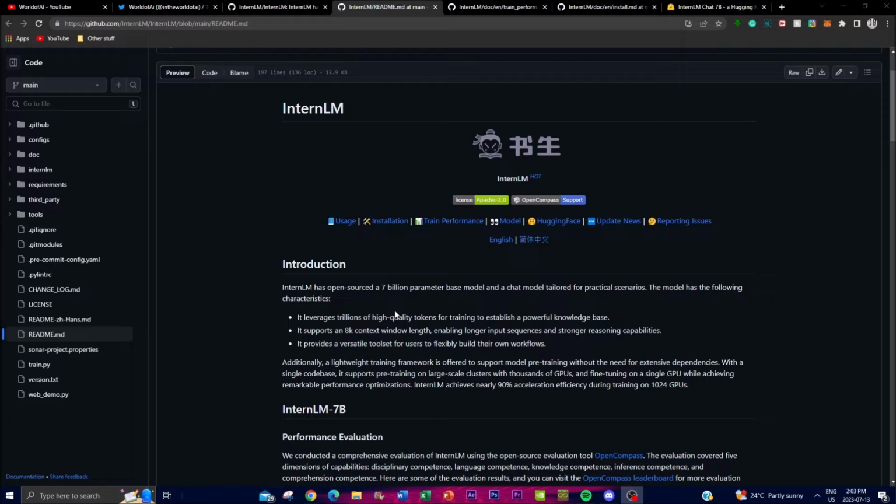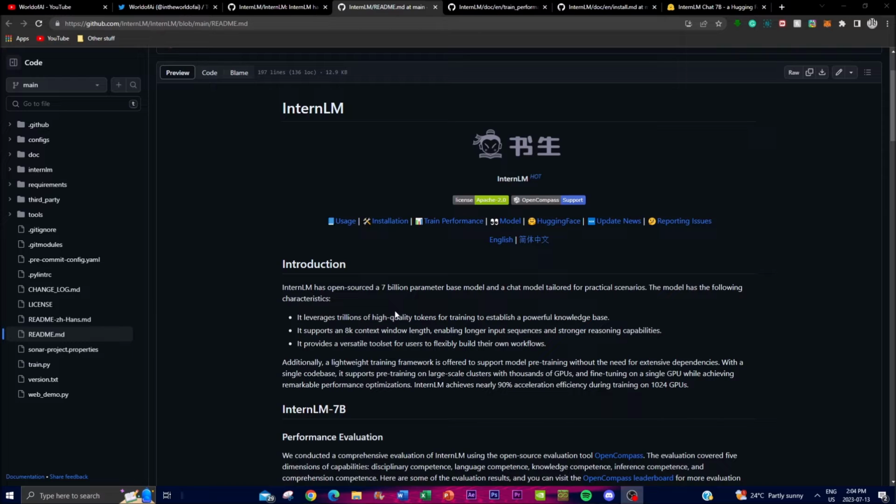Now, one notable feature that I want to talk about and highlight is that it supports an 8,000 context window length, and this basically means that the model can analyze longer input sequences, providing it with a stronger reasoning capability. Now, with this expanded context window, the model can efficiently and effectively consider as well as incorporate more relevant information from the input, and this also enhances its ability to generate accurate and insightful responses, as well as delivering them